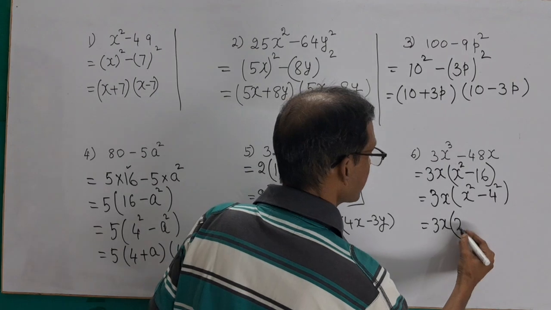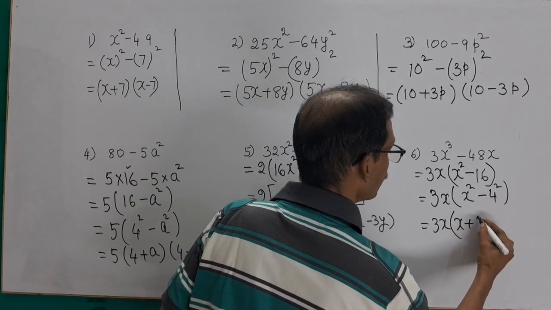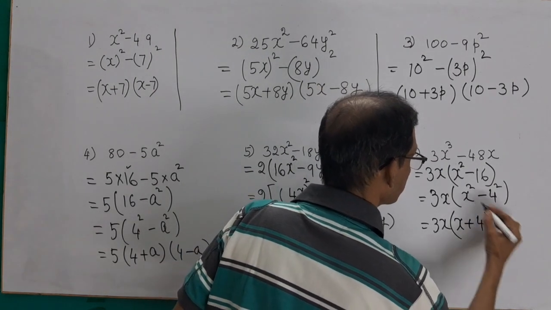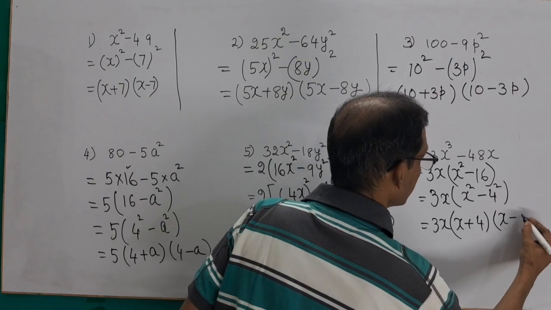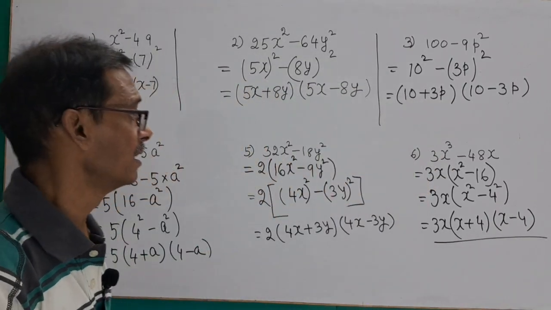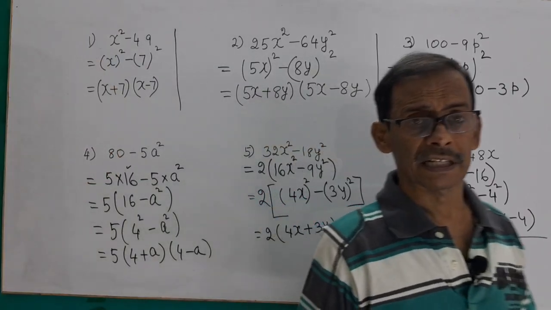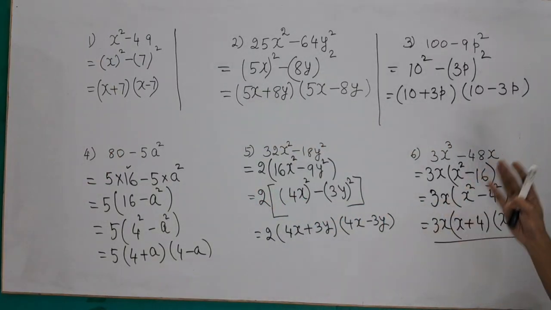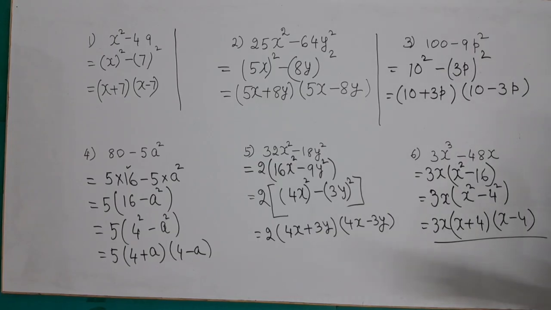Here a is x and b is 4, so we get x plus 4 and x minus 4, and this is the factorized form. We have used the identity a square minus b square,